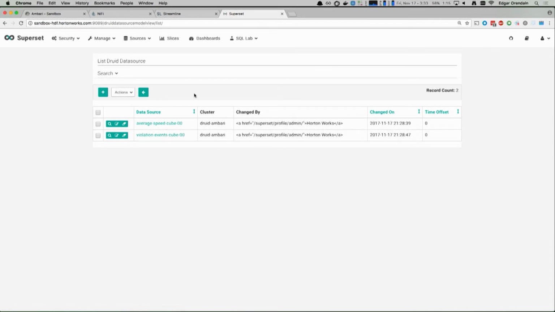Again, these are Druid data stores. Superset is able to connect to a number of different databases, Druid being one of them. There's deep integration with Druid.